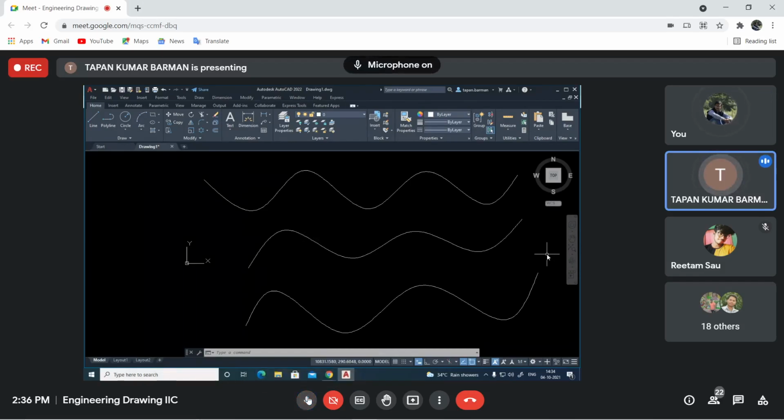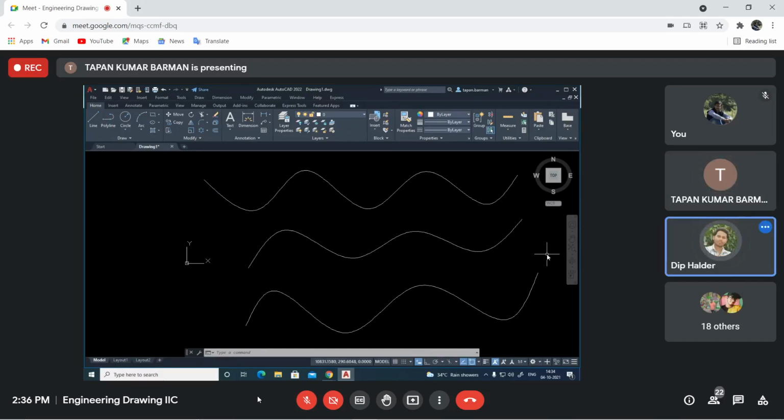I think only Deep is using AutoCAD 2007 and all other students are using higher versions, probably. Am I right? Yes, sir. Okay. So can you draw this type of curves using the spline command? Yes, sir. Any problem from your side?